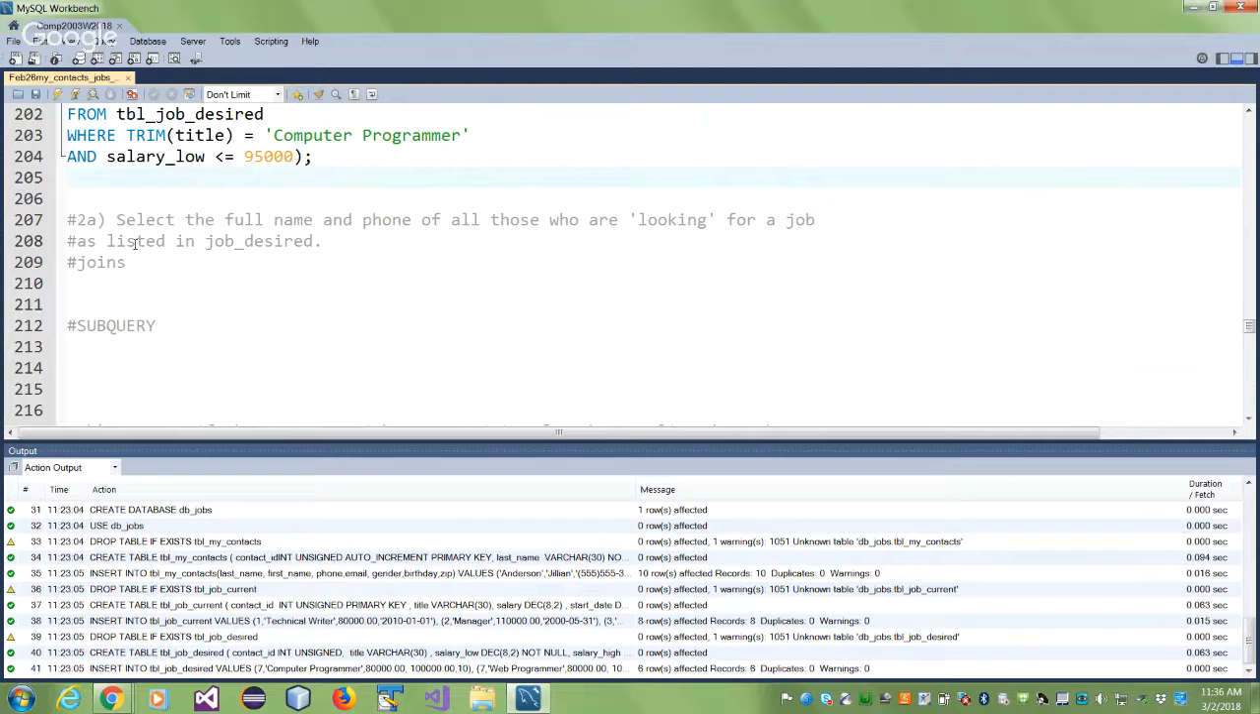Okay, let's go to the next question. It says, select the full name and phone of all those who are looking for a job. So which people are looking for a job? I want their names and phone numbers. So remember what I told you last time? It's always a good thing. You don't have to, but it's a good thing that you create a